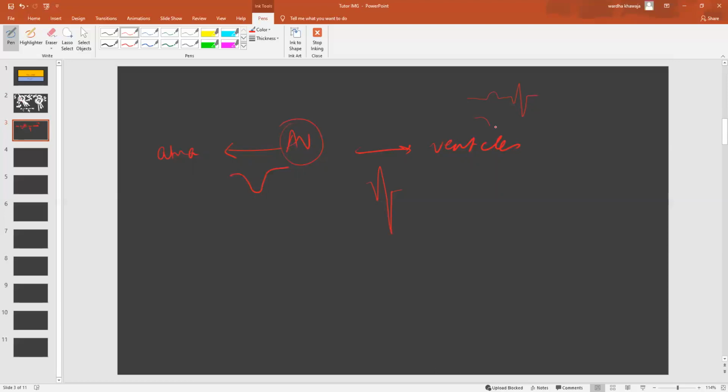So the P wave, which is now supposed to look something like this, will end up being superimposed on the QRS complex, and it will end up either being swallowed and disappearing in the QRS complex, or, as usually happens in the narrow supraventricular tachycardias that we see here in this situation, it will end up looking something like this, buried within the QRS, giving rise to what we call a pseudo S wave, or sometimes it will end up looking like a pseudo R wave, R prime wave, right?